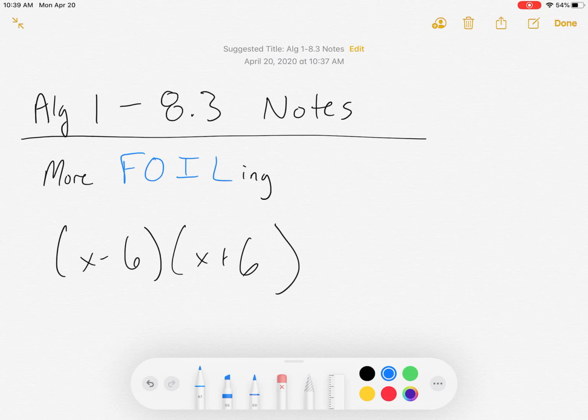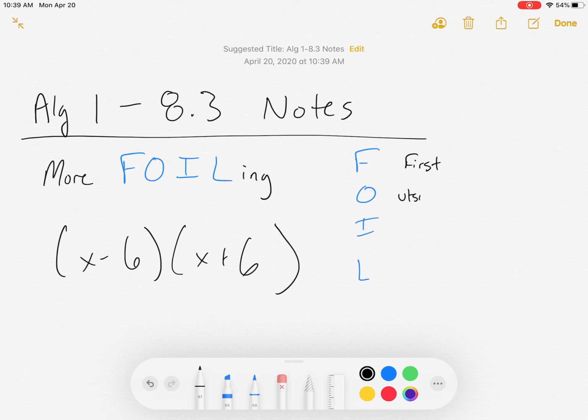Hello, everybody. We are going to continue with the 8.3 notes today. It is essentially just more foiling with a few more twists thrown in. Foiling is super important moving forward, so we're going to keep hammering that home to make sure we know what we're doing with it. Just as a reminder, FOIL,